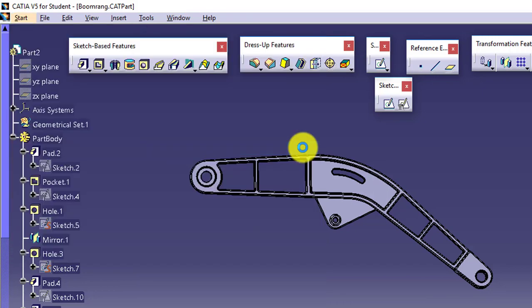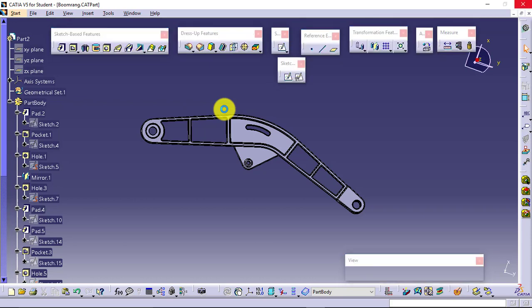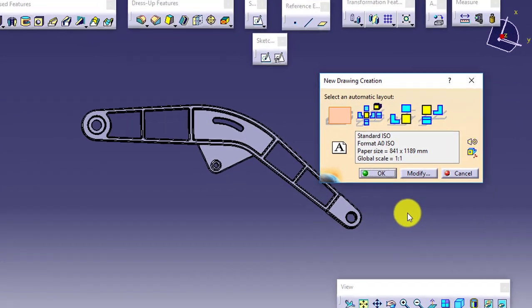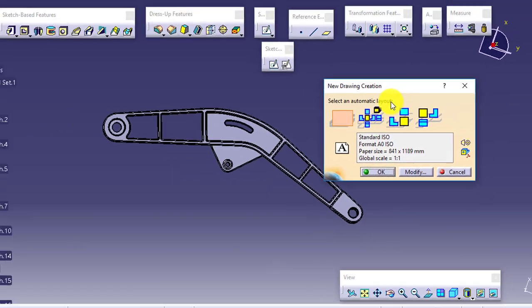As soon as you click on that, it will open a new drawing window. For the first time, yes, it will take some time. So this is your new drawing creation window. Select an automatic layout. What type of layout do you want?